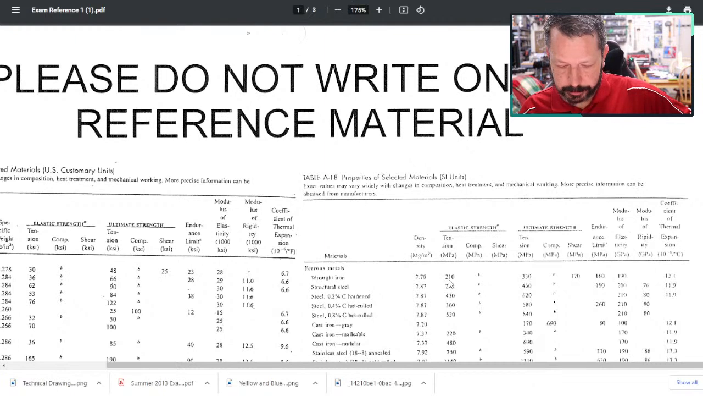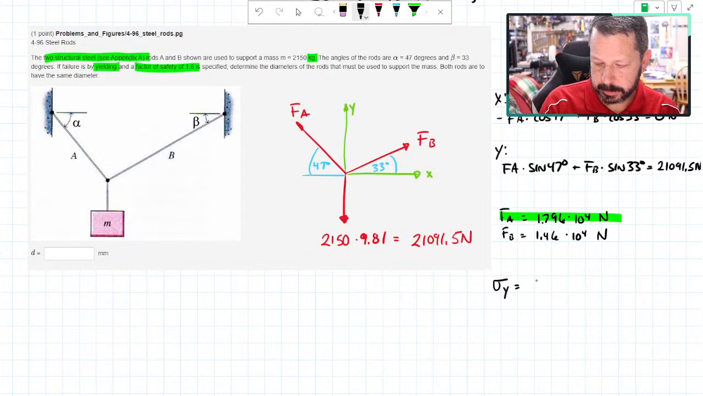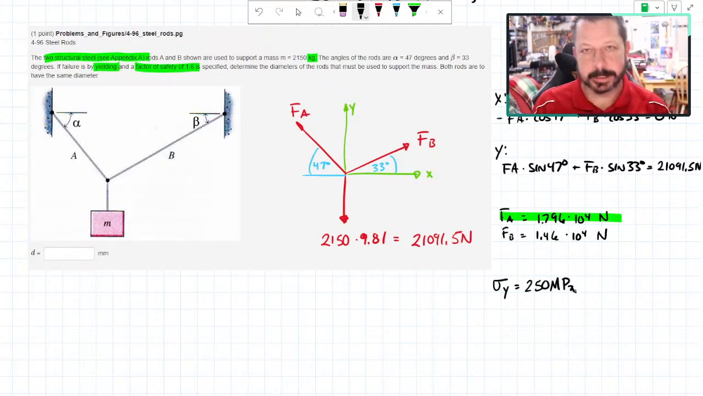The elastic strength tension number is 250 megapascals. So it's told us to guard against yielding, so that's elastic. Fracture would be ultimate. So 250 megapascals is the number we want. So back over here, sigma yielding equals 250 megapascals. So that's the maximum allowed, except that